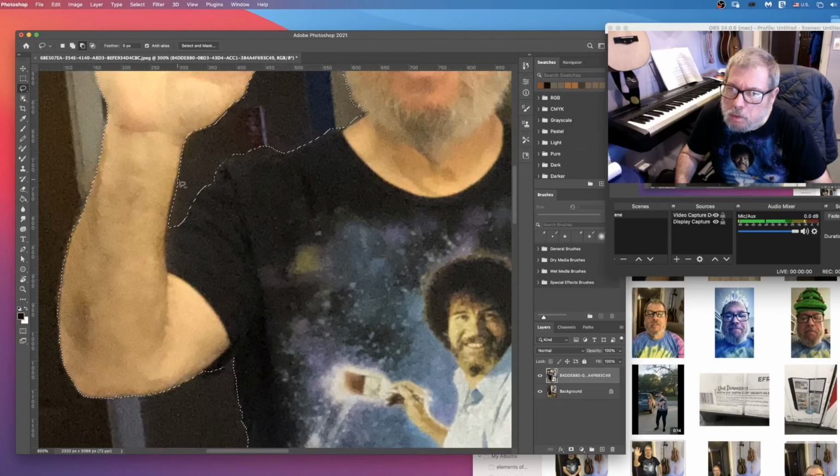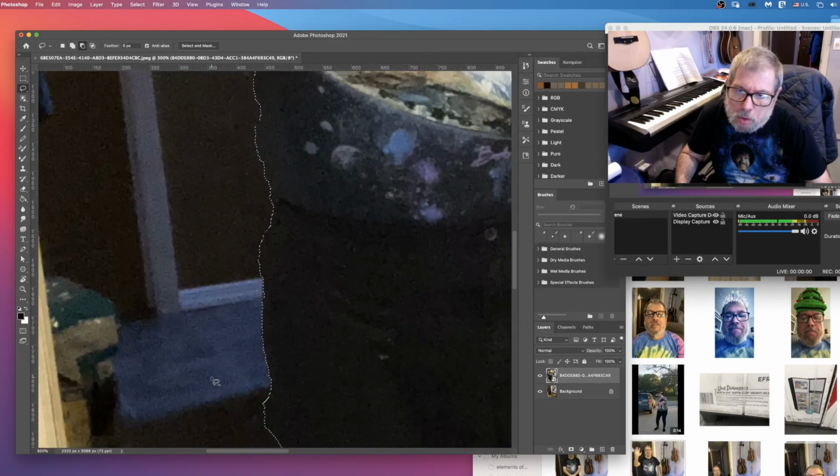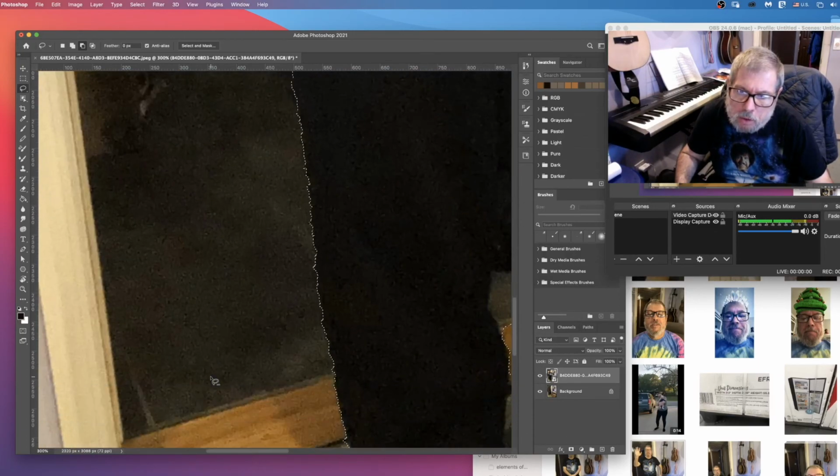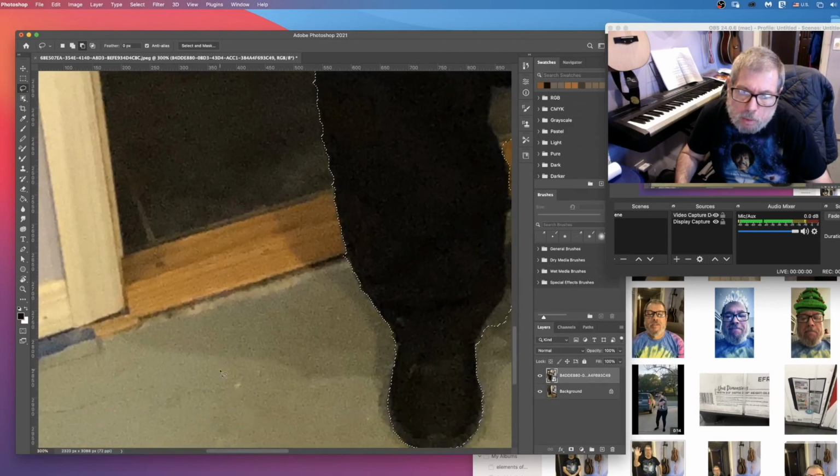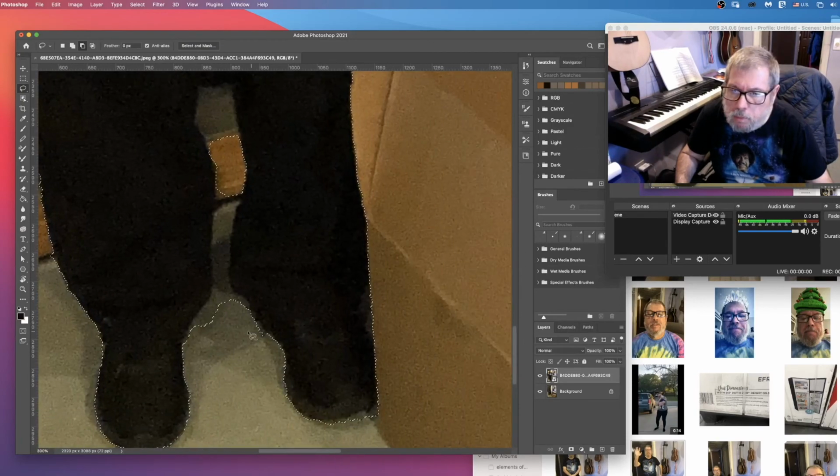Let's take this out also. There's a little bit of too much of the background against the arm there. I'm going to do something called defringe at some point, and what that will do is take off a pixel or so, depending upon what you choose, in any direction and help you fix those problems, make it look a little better. So in here we're missing a lot, so let's take a lot of this out of the